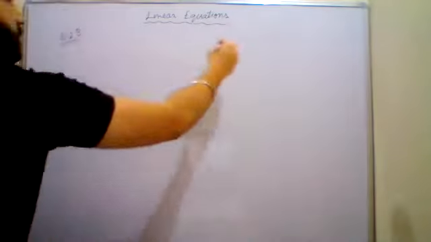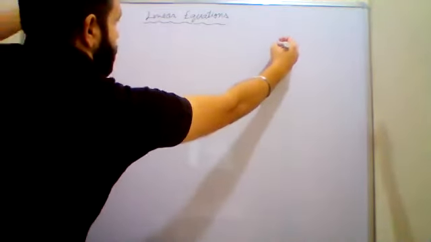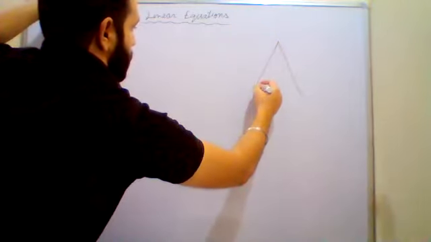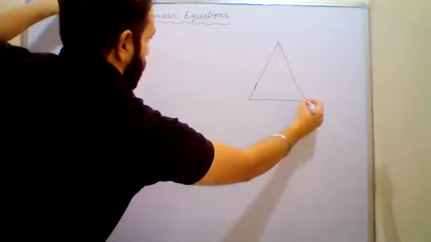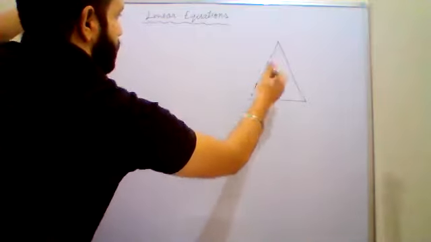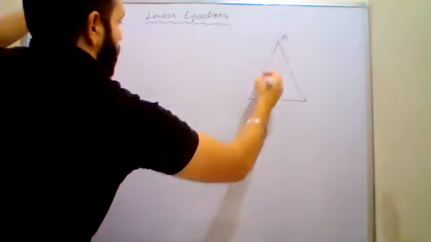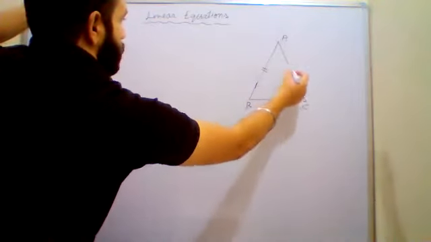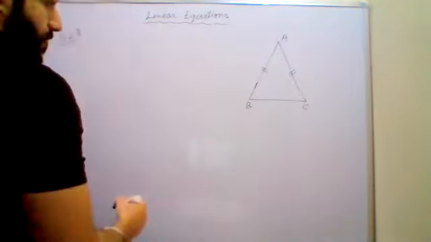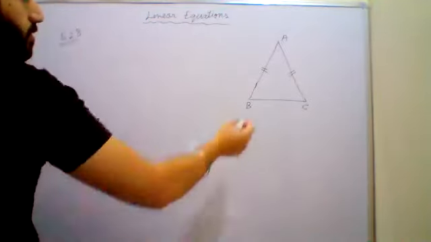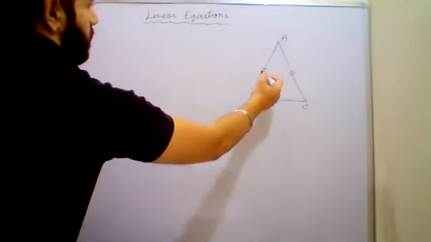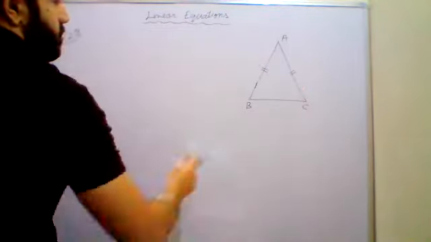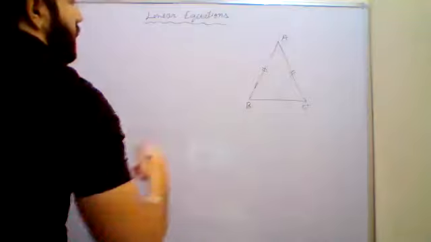there is a triangle. Let me draw it first. You can draw this in copy. You can draw the figure. There is a triangle. Let's name the triangle ABC. In the triangle, two sides are equal. So I have given a double cut on both the sides. This means that the side AB is equal to side AC of the triangle.